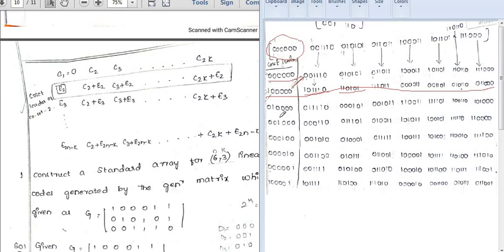Now in the second one, again I have considered a coset leader with the minimum weight, and what I am doing is moving it to the leftmost column. Again I have to move, okay, with least weight. So now my coset leader is 0 1 0 0 0. Again you have to add this to this code word. So 0 1 0 0 0 0 plus 0 0 1 1 0.